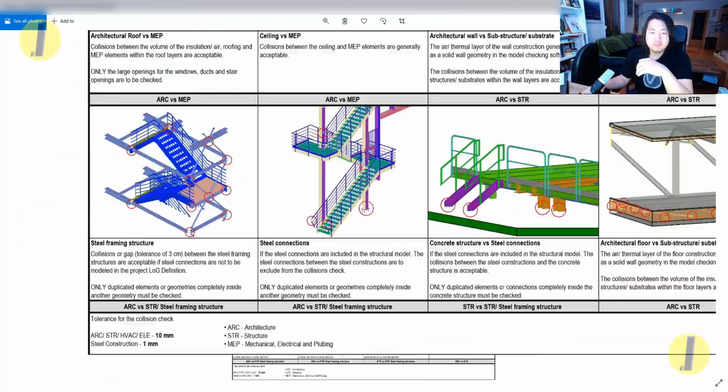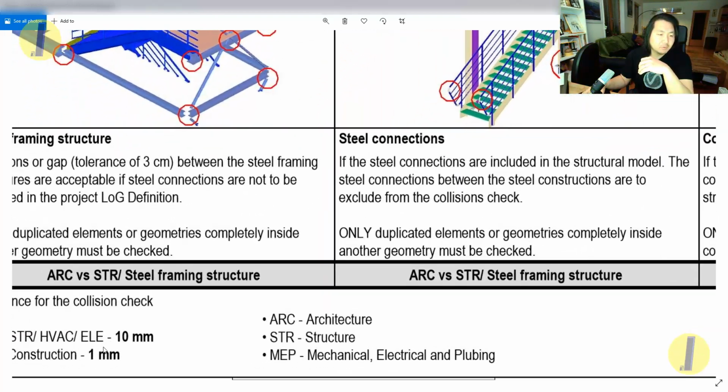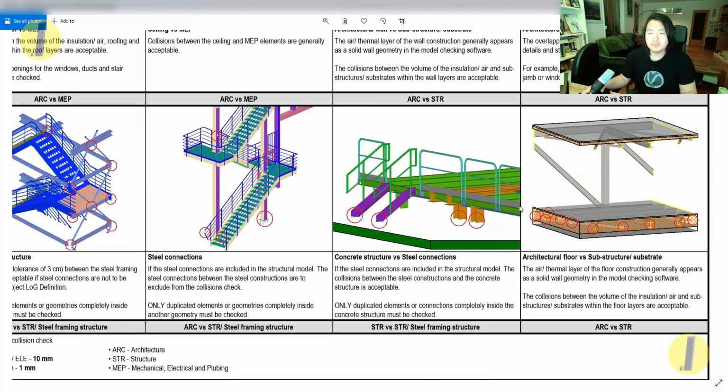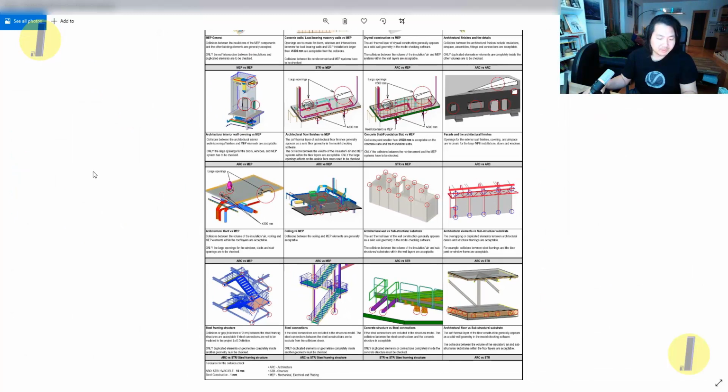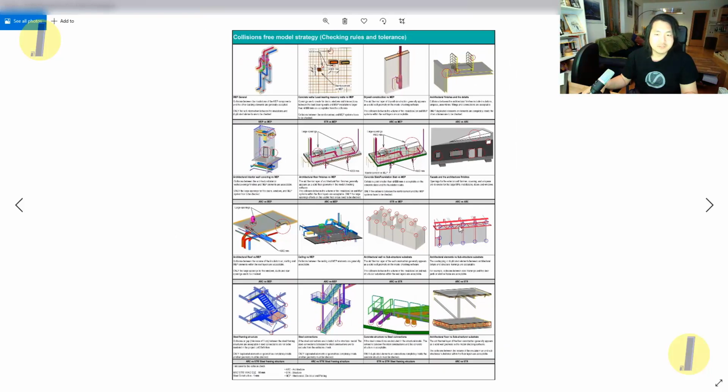But there is a very important tolerance setting. Often I set all the domain models' tolerance to about 10 millimeter, or could be 5 millimeter, depending on project settings. But for the steel construction, I put a tolerance of 1 millimeter because this is very critical. You know why? Because let's imagine you have a steel construction